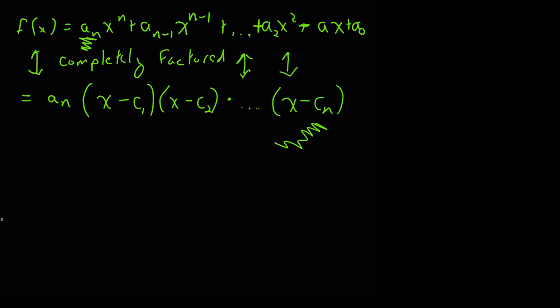We can take this and write it in terms of each of its zeros, roots, or solutions that give us our factors. Because notice, if I have a whole bunch of things multiplied together and I'm looking for when f of x equals 0, then each of these things equals 0. And I can find all the possible x values this polynomial will give me as a solution to an equation.